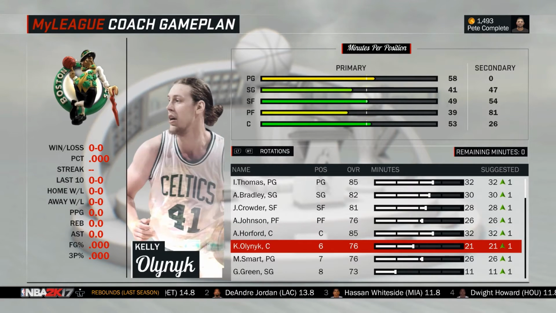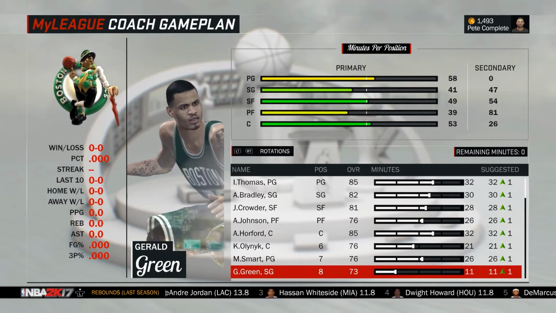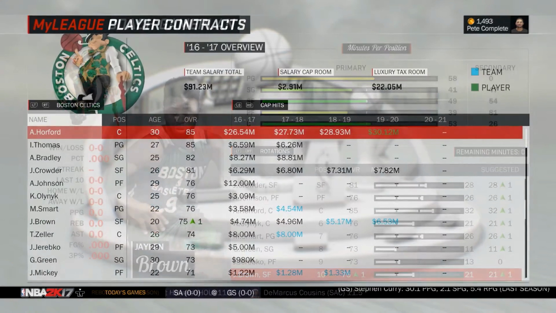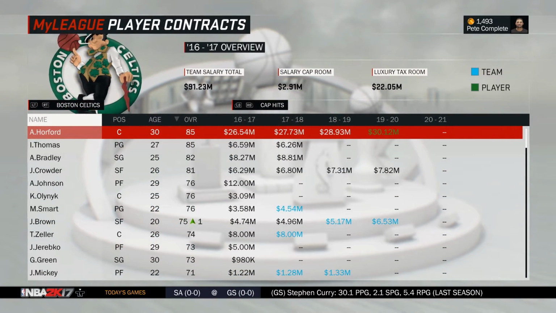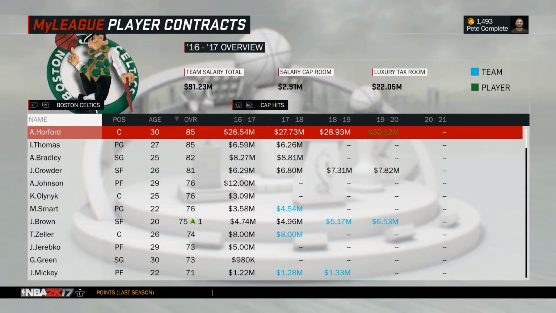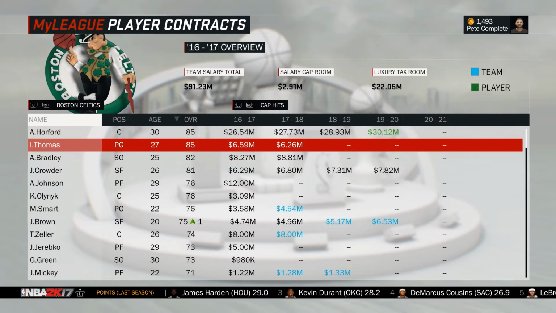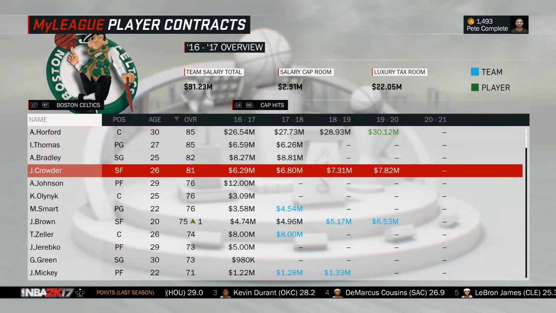We can add to that a number of solid backups with Kelly Olynyk, Marcus Smart, Gerald Green and Jonas Jerebko, as well as a promising rookie with a very good rating in Jaylen Brown. Contract-wise, 4 out of 5 players in the starting lineup are locked down for the next 2 seasons, with contracts that allow flexibility. Only Al Horford really has a big contract, and especially the contracts of Thomas, Bradley and Crowder